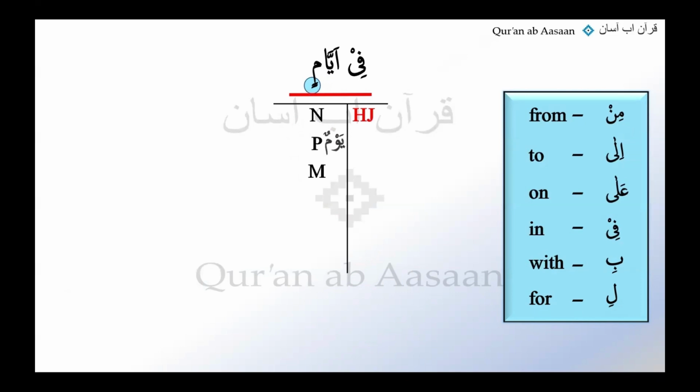Yaumun. Good. Excellent. Yaumun is the singular, okay? So this is not one of those plurals where we can see una, ina or something. This is one of those plurals where I'm helping you, okay? You can identify them because they're pretty common. All right, even if you didn't know earlier, now you know, Alhamdulillah. Okay, and then let's go on with the analysis.